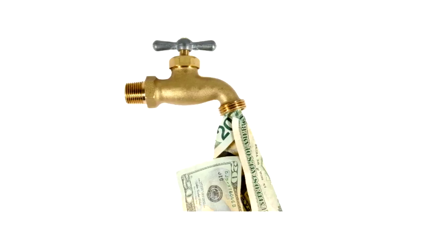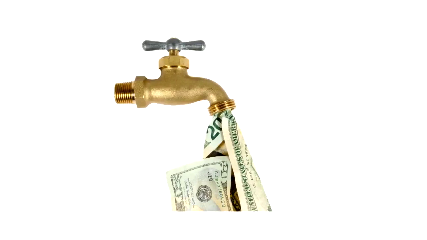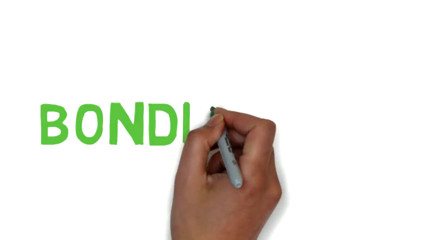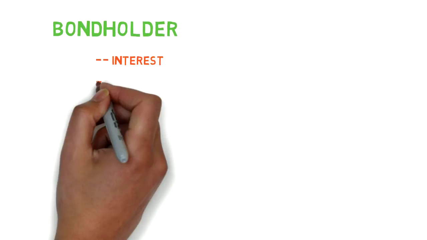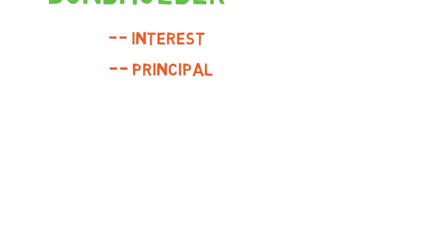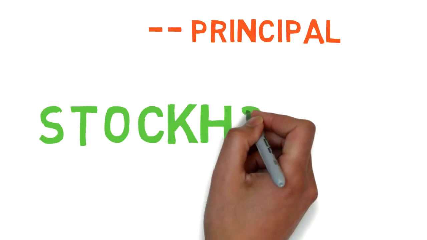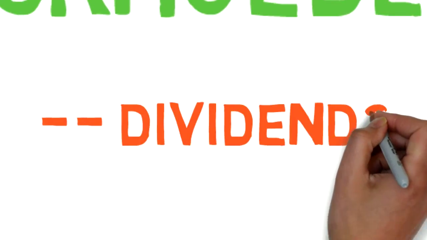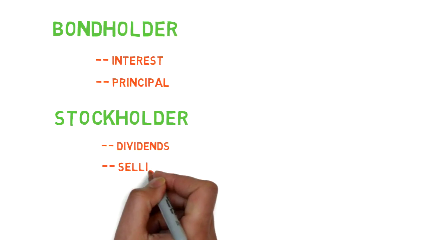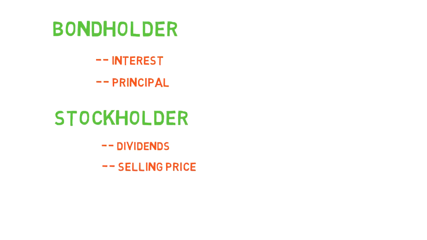The benefit from owning a stock or a bond comes from the cash it will bring to its owner in the future. A bondholder is entitled to receive interest payments from the company as well as the repayment of principal after the bond matures. For stockholders, future cash flows come from two sources. First, dividends paid by the company, and second, cash from selling the stocks to other investors or back to the